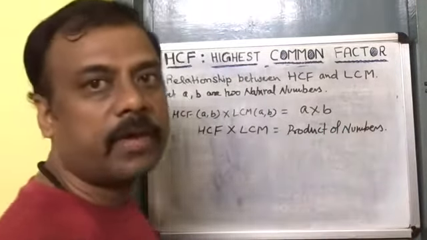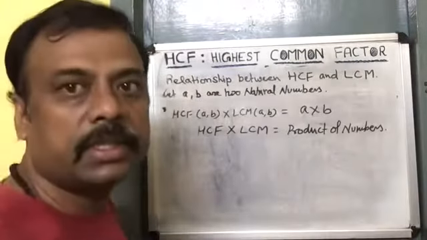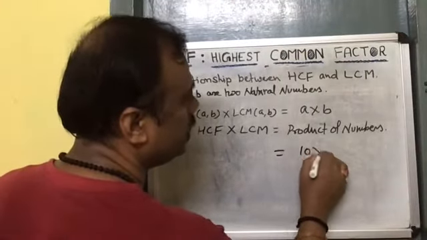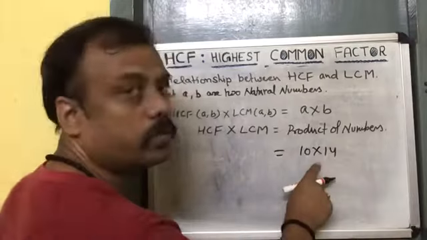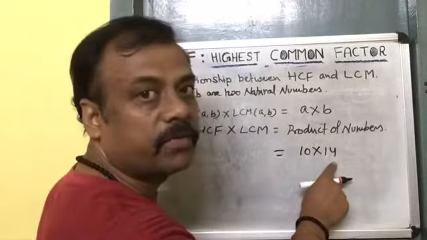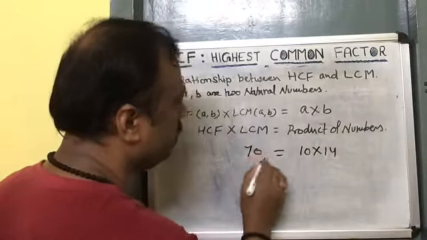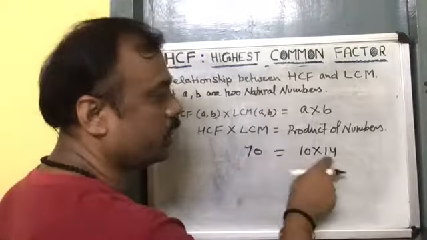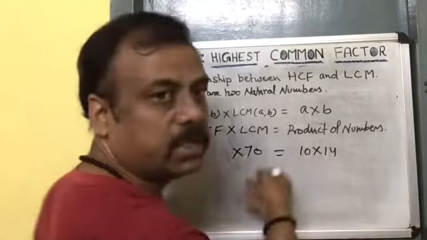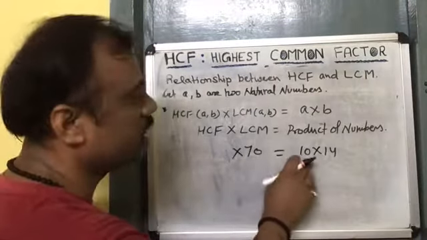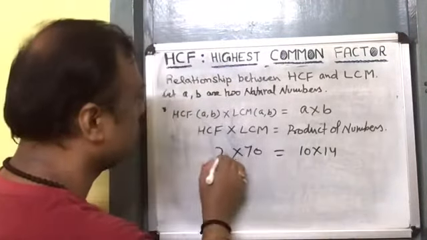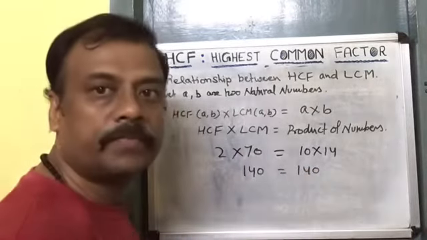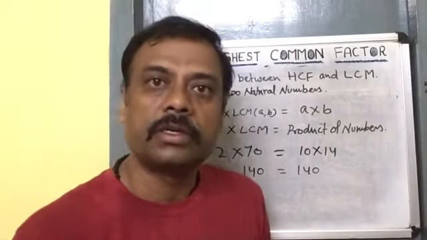Okay, just we have done it here, taking the same example, 10 and 14. So one number is 10, another is 14. If you go to find out the LCM of 10 and 14, it will be 70. 70 is the least number which is divisible by both 10, seven times, and 14, five times. Now as we have already found the HCF of 10 and 14, it was 2. So you can see from here 140 equals 140. In this way you can verify other examples also.